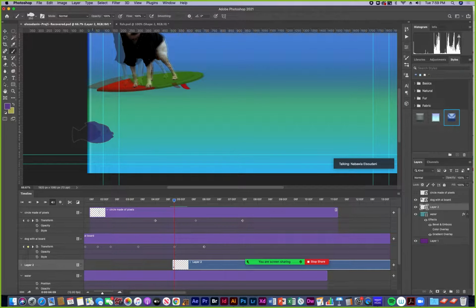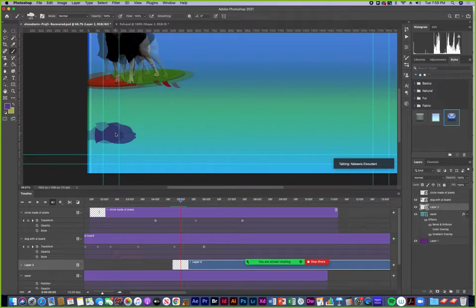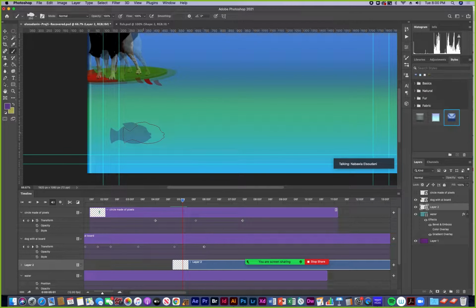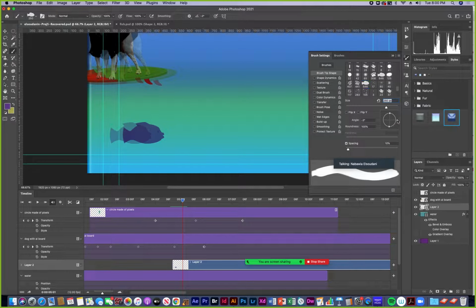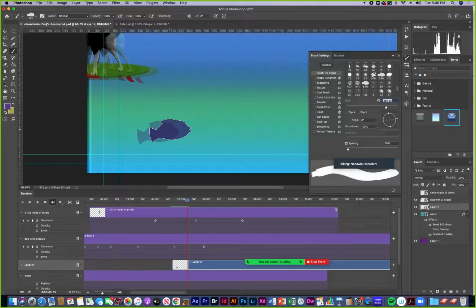So then I can click to add another one, and then use my arrow key to go forward, and click to add another one. I'm just going forward one with my arrow key and clicking. I can also make the fish rotate by going to brush settings and adjusting the angle up a little bit. See, now it's going up, so I can click. Oops, I think I need to undo that and go forward a frame and then click, forward a frame and then click, forward a frame.